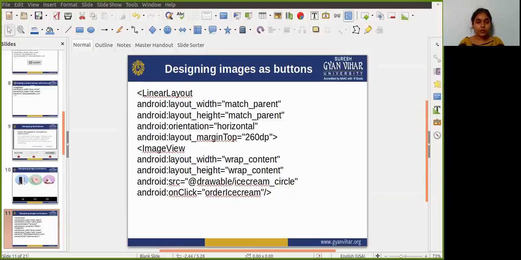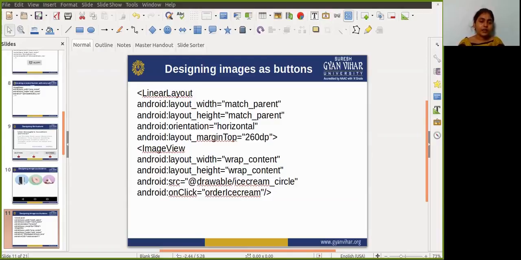For example, the first image is an ice cream circle, so you write the source for that. After that add onClick equal to orderIceCream, meaning whenever you click the ice cream icon, the order is placed from your side.